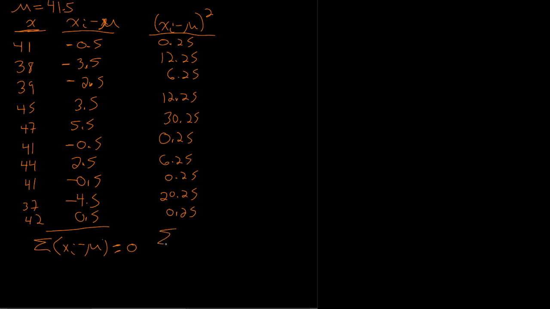So I can come back and sum up the squares of my deviations, or the sum of the squares. And that's 88.5. Well, what's nice is I can talk about the distance each piece of data was from the mean. Well, if I have multiple pieces of data away from the mean, maybe I should take the average of that. And so the formula that comes out from this is that if I sum up